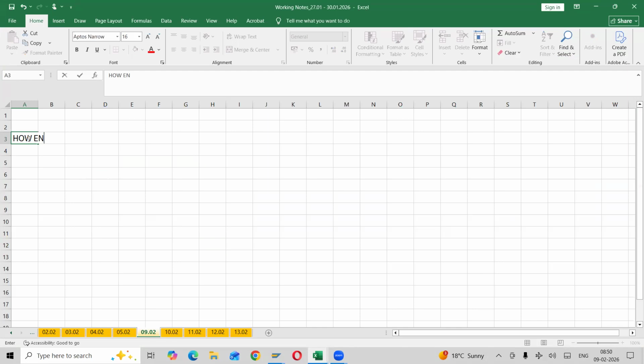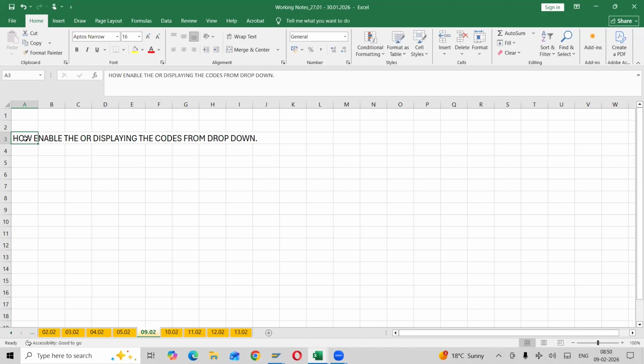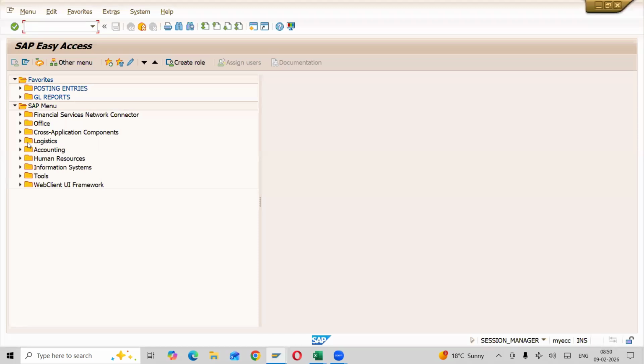How to enable displaying the codes from drop down. So this is also very important. Whenever we need to give training to end users, we need to make them understand this. For example, I want to see if any display, for example,